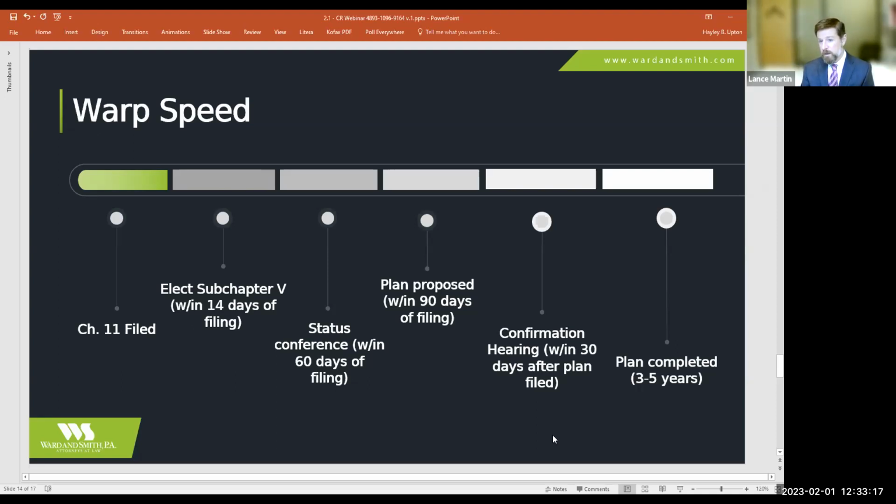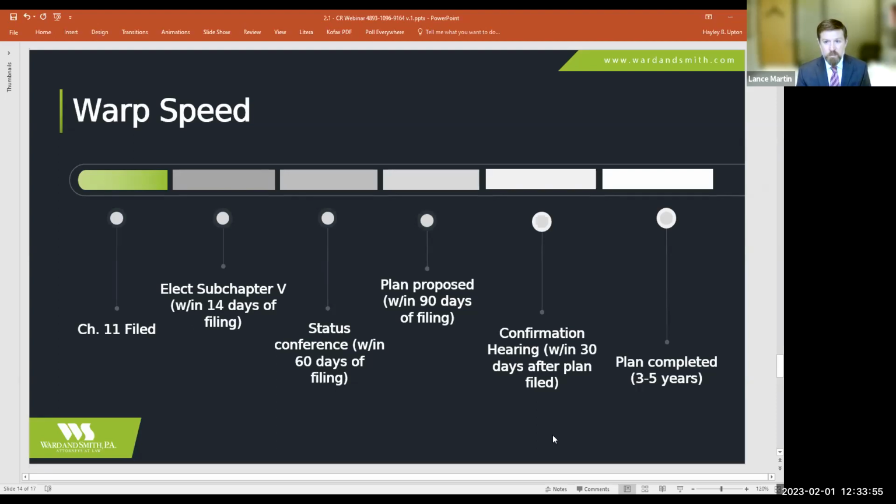I was involved in a case as Subchapter V Trustee. It was an individual case, a financial advisor. There appeared to be a considerable amount of potential fraud pre-bankruptcy. This creditor had a very large claim, and they wanted to conduct discovery. They wanted to depose the debtor and look at some bank records. This was their first case. I told them, sounds like a reasonable request. You need to get started right away.